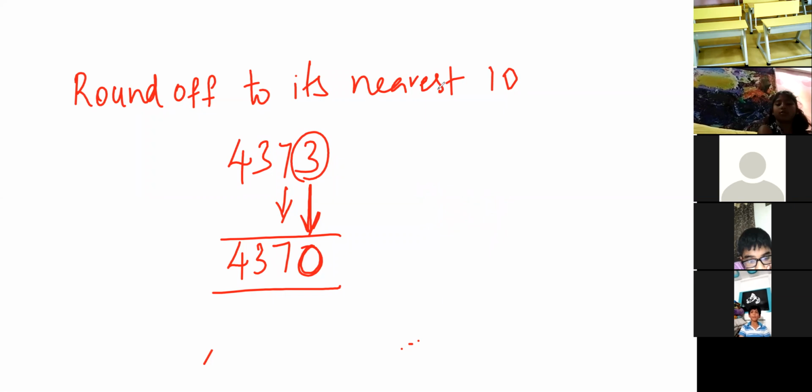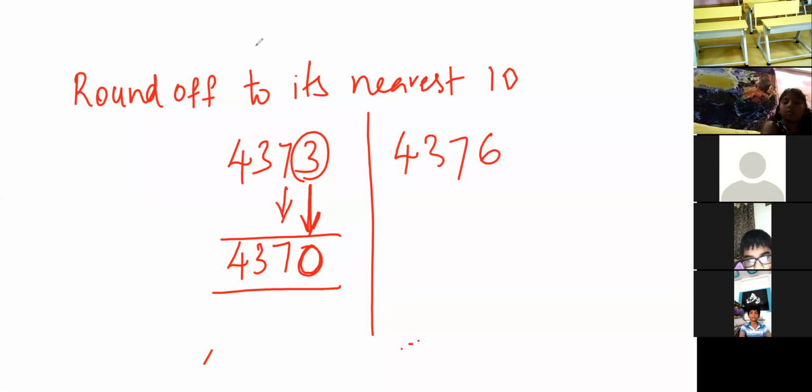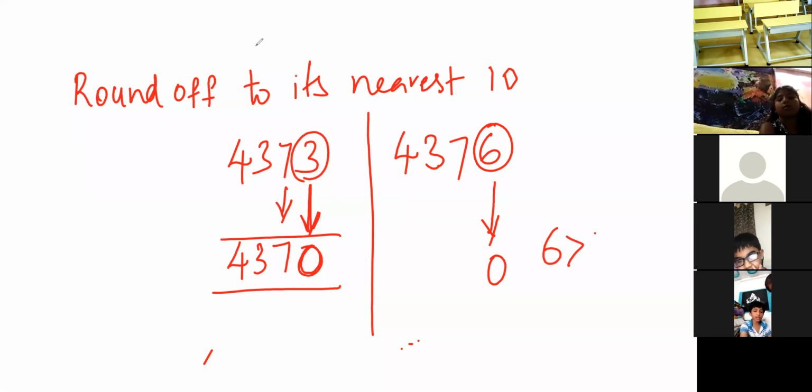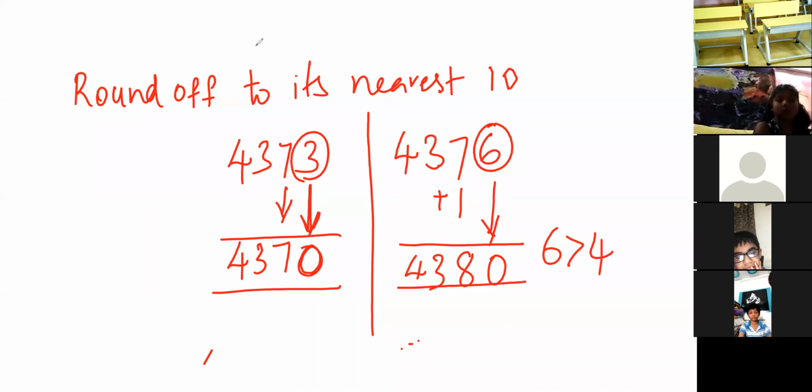Whereas if you have 4,376, suppose, here what you have to do, again you make the ones place digit as 0, go back to the ones place digit and observe whether it is greater than 4 or less than 4. 6 is greater than 4, right? Then immediately you go to the tens place and add 1 to it, so how much does it become? 8. And the remaining numbers as it is.